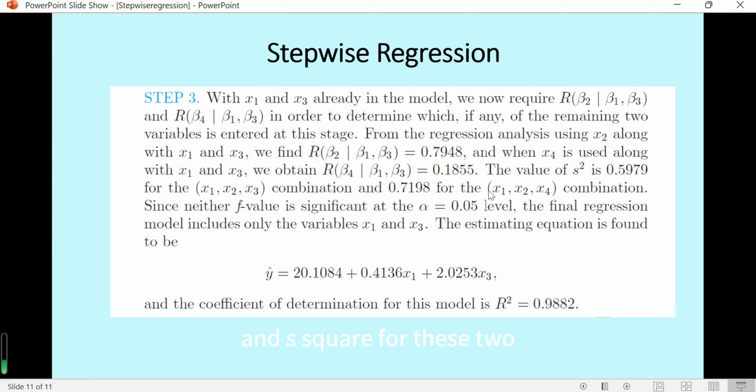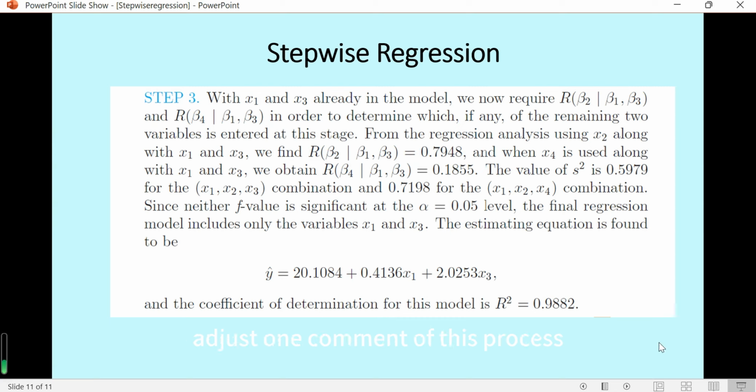And neither is significant at the alpha 0.05 level. So we will stop at this step, and the final regression model will have 2 independent variables, x1 and x3. Then we can estimate the coefficients, and the final R² for determination is about